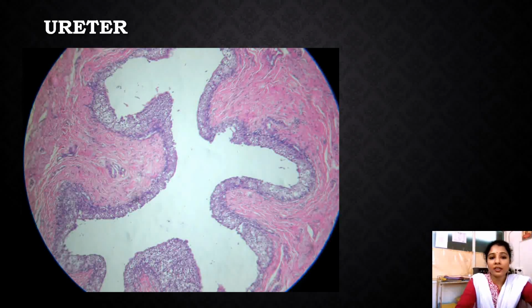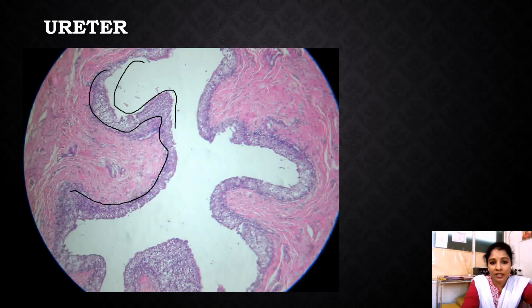The ureter is lined by the urothelium, which is meant only for lining the urinary tract. This epithelium is called transitional epithelium. Here we can see the inner lining is the transitional epithelium, and the mucosa is folded into folds, making the lumen star-like. You can see the star-like lumen, and the epithelium is transitional epithelium where the cells are present in 4 to 6 layers, and the topmost cells are umbrella shaped cells.